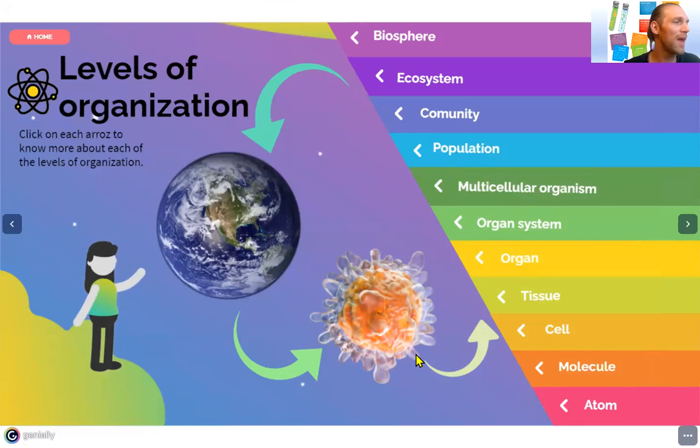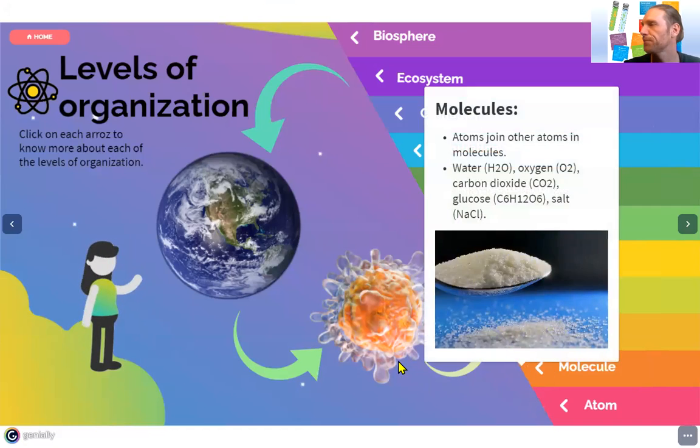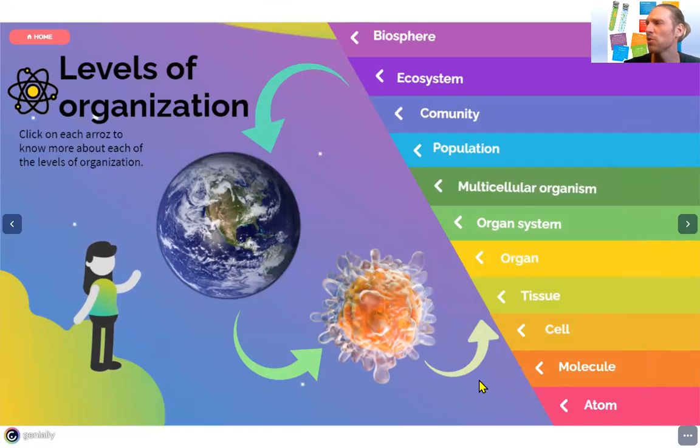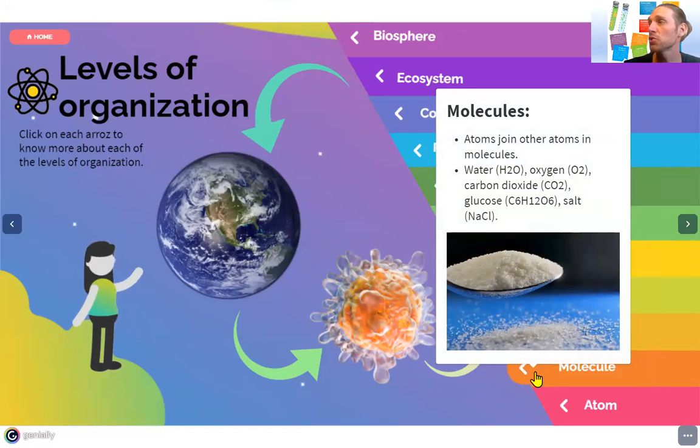So atoms is the chemistry level. You will have chemistry in third and fourth semester. So on the atom level in biology, we don't do that much. We start on the molecule level, okay? Molecules is basically some atoms together. You have big molecules with hundreds of atoms, and you have very small molecules with only 3 atoms, like water, for instance. H2O is only 3 atoms, and it's a molecule.